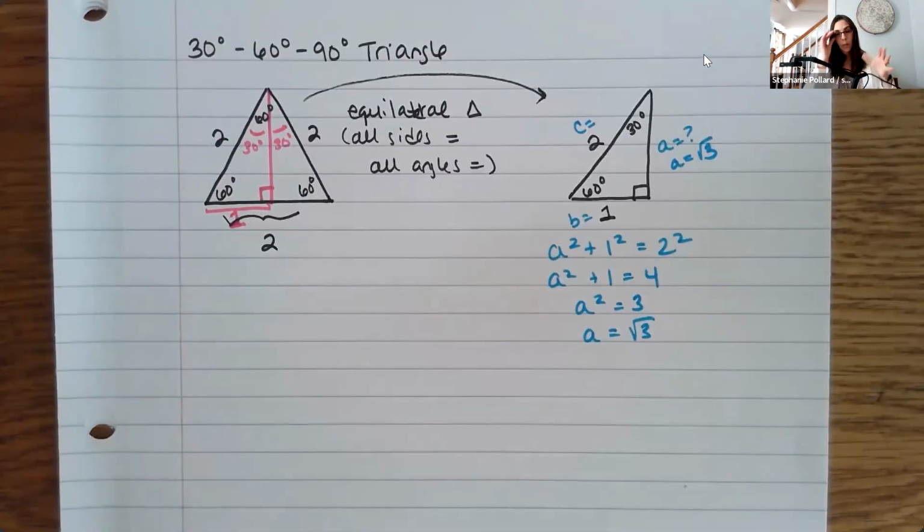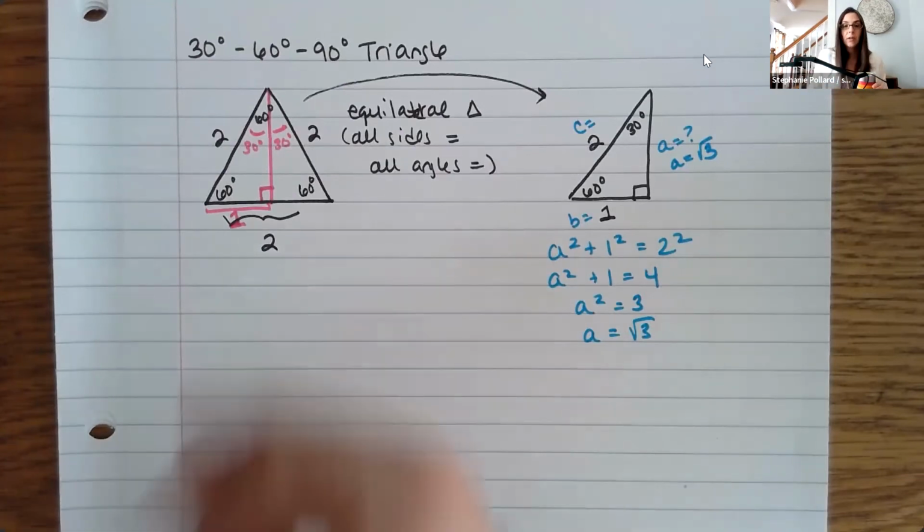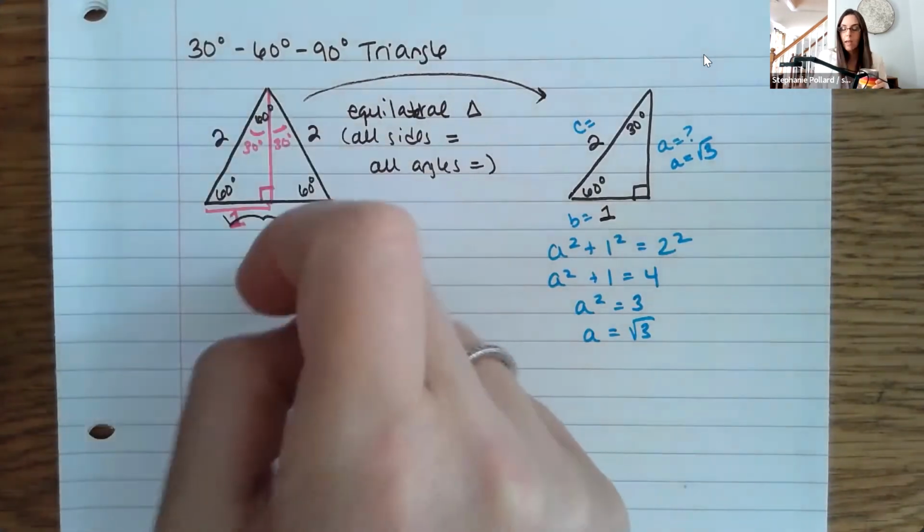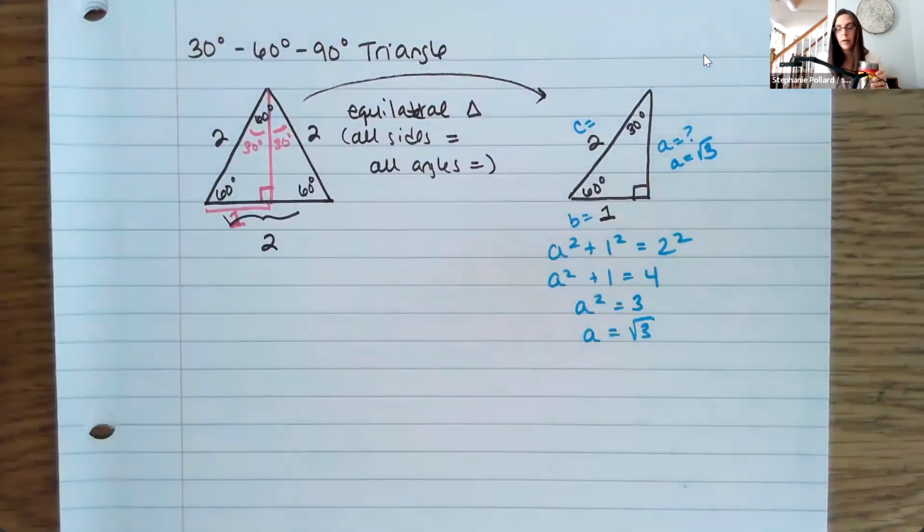So that's our initial setup. We're not done yet, but that's how they usually set up that 30, 60, 90 triangle. And again, you don't have to use 2s here. I could have used 3, 3, 3, 4, 4, 4. It really doesn't matter,